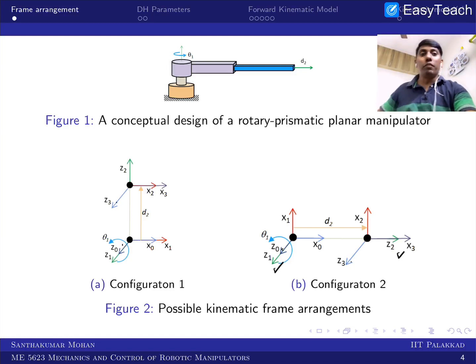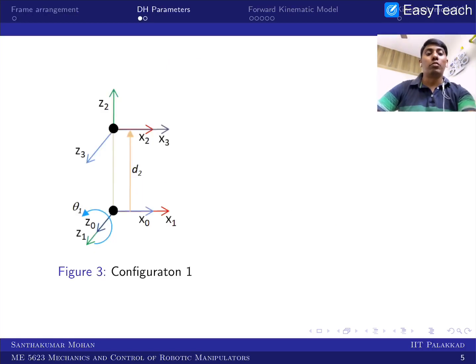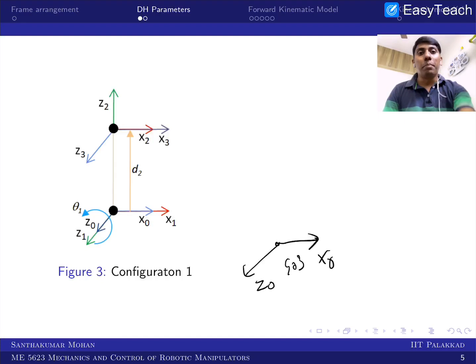So this is what we can see, and you can go a little even forward towards our interest. So we'll try to derive our DH parameters. So this is one thing. I'll just show what happened. So this is your x0, and this is your z0, and this is your 0 frame. And this is your 1 frame, and this is z1, and this is your x1, and I'm actually making it.